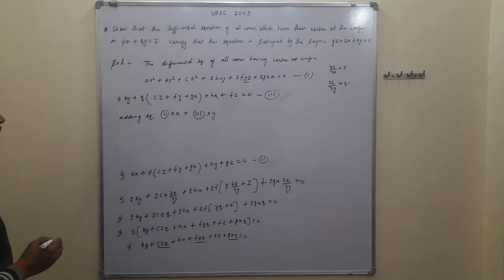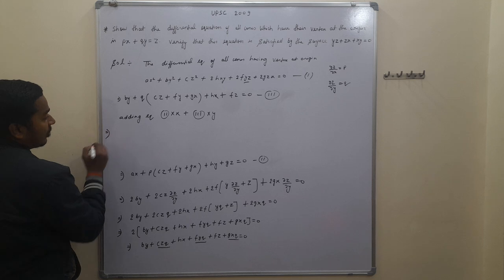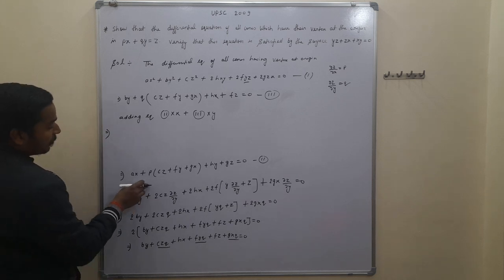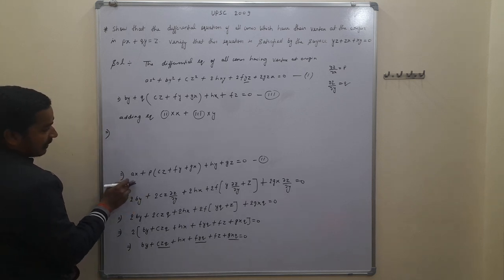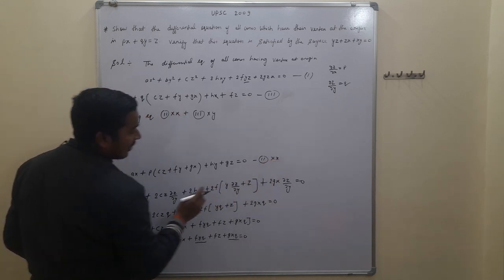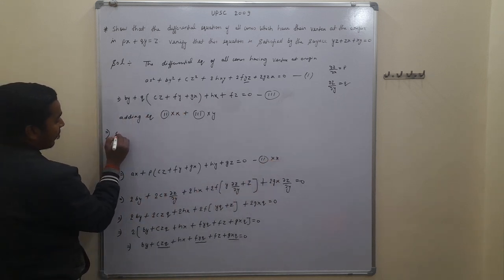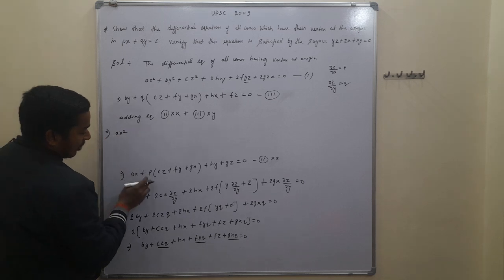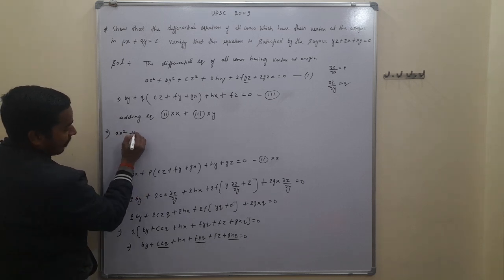We have to multiply equation 2 with x, multiplying with x on both the sides, this gives ax square and plus